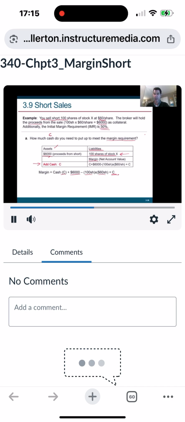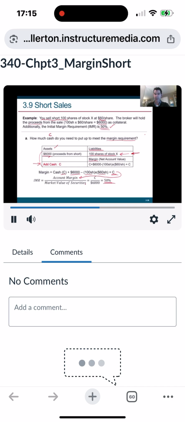That shouldn't change anything. So I start with margin of C, and then I have to meet that initial margin requirement, which is 50%. And so I calculate the margin percent, and it's the same formula as before. I take account margin, and I divide it by the market value of securities. But here, the only twist is that there are no securities on the asset side. What are the securities I need to refer to? They're the securities under the liabilities.